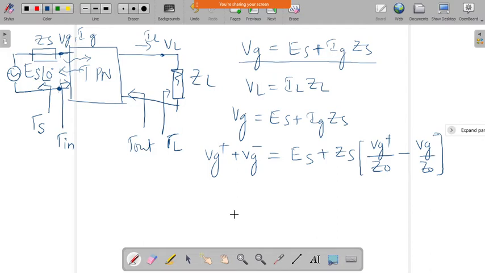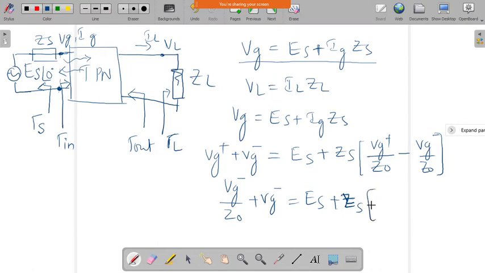Okay, this is what we can write. So now we can take the Vg plus term on one side and the Vg minus terms on the other side. So let us take Vg minus to this side. So we are going to get Vg minus by Z0 plus Vg minus, which is equal to Es by Zs